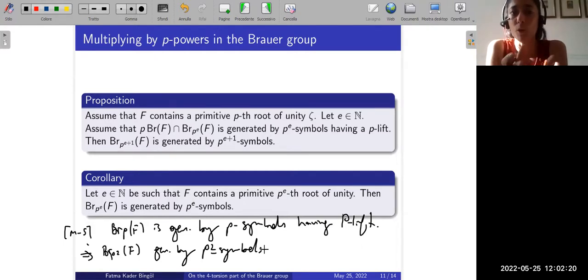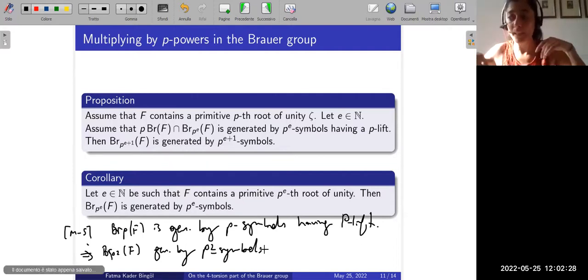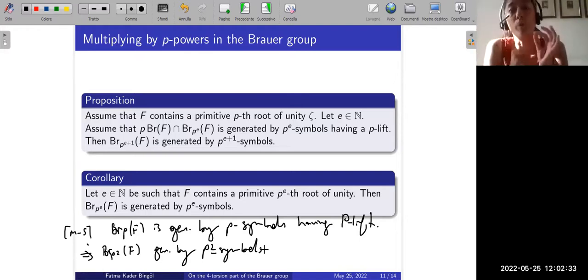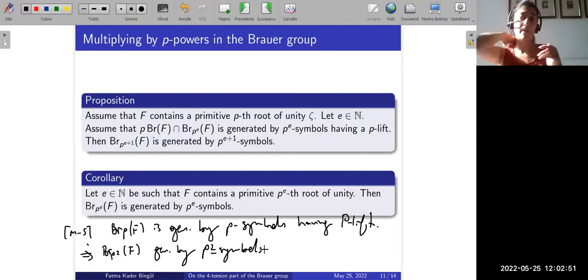Namely, the p to the power e torsion part is generated by classes of cyclic algebras of degree dividing p to the power e. So let me repeat. We use the Merkurjev-Suslin result related to the p torsion part, and our argument here, the proposition, in the version that I present in the talk, to deduce the result related to the p to the power e torsion part of the Brauer group. So this was the first remark that I wanted to make, and now I will concentrate on the 4 torsion part,